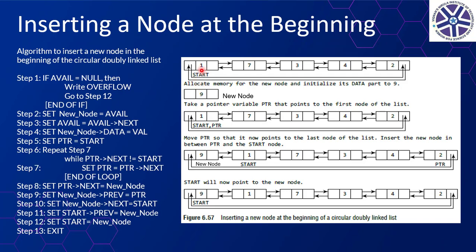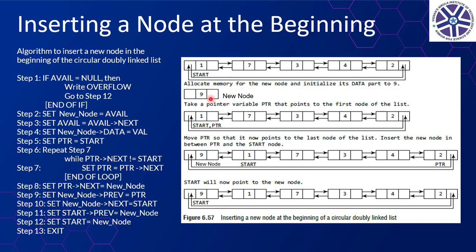So you want to insert a new node at the beginning of this doubly circular linked list. Let us see how we are going to do that. If you are going to insert this new node at the start, you have to make this new node the start, and also you need to interconnect the last node to this node with 4 links. Okay, 2 forward links and 2 backward links. So let us see how we are going to do that.